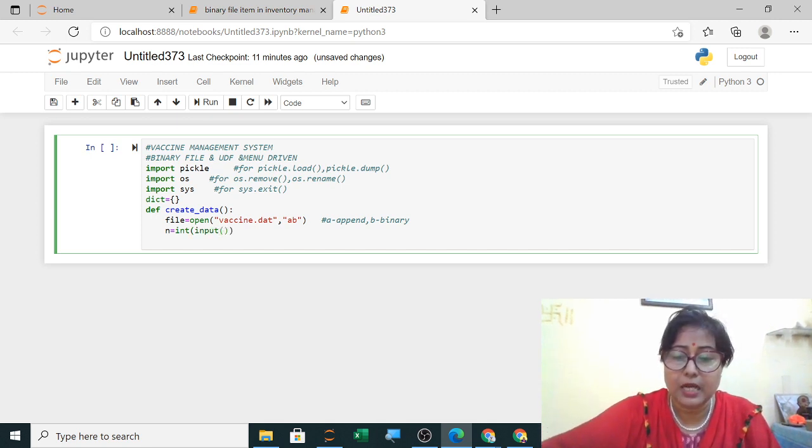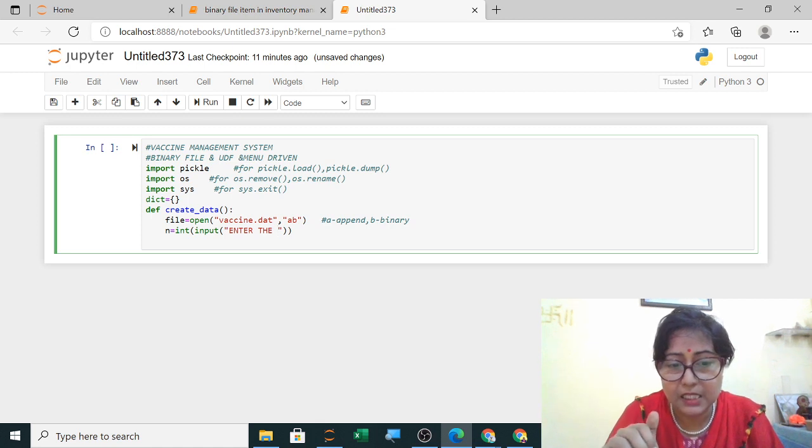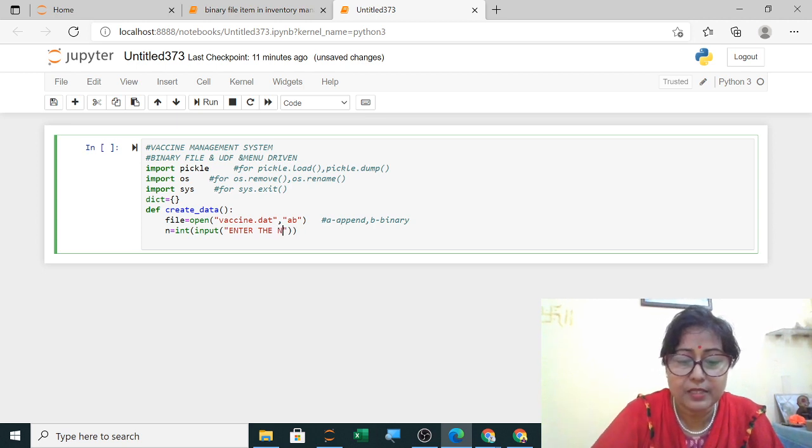So here you can ask the user, enter the number of, suppose complete family is to be vaccinated. In that family 4 members are there, 5 members are there. So enter the number of persons to be vaccinated.